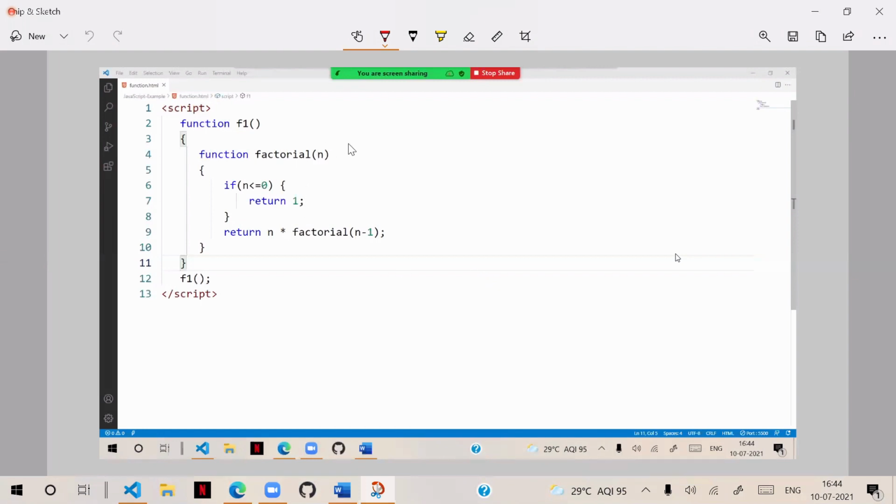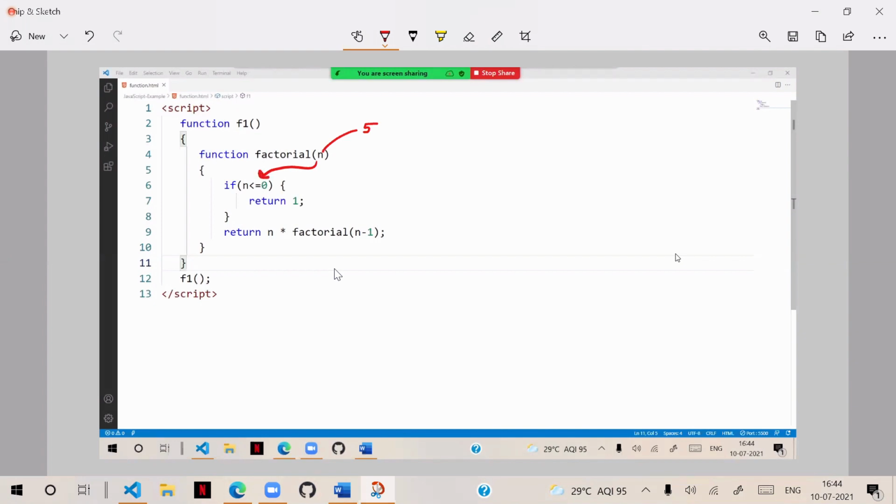Suppose whenever I call factorial, into that factorial, n, I pass 5. When I pass n value as 5, it will get this n value, and it will check whether n is less than or equal to 0.